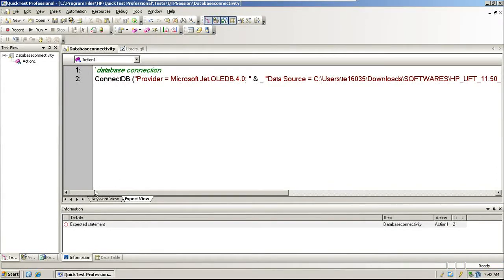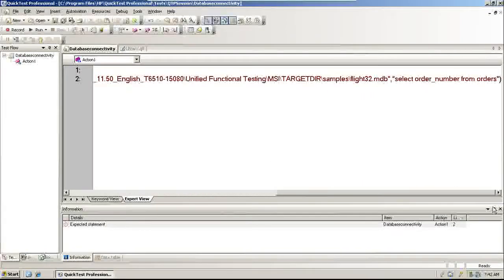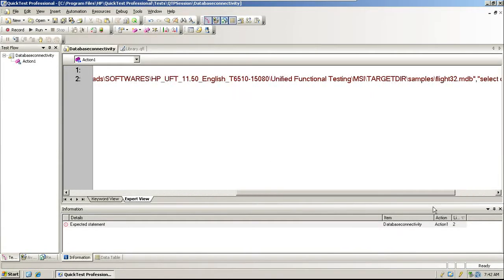What is missing? Expected statement. Okay. Already, so that is the first argument and that is the second argument. So remember, there are quotes within quotes, so you have to use an escape character. Okay.